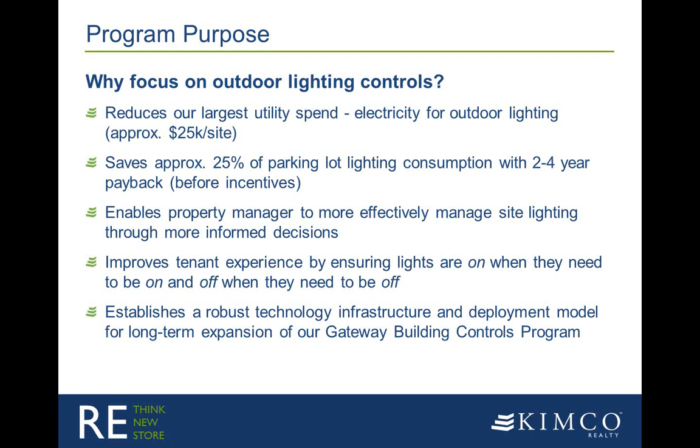It also improves the tenant experience by having the lights on when they're supposed to be on and off when they're supposed to be off. As you can imagine, lights off at night when they're supposed to be on is a significant security issue for us, as well as when they're on during the day. It really looks like we don't have a good handle on the management of our sites, and we're wasting our tenants' money, and so